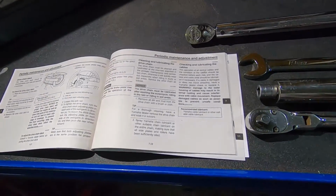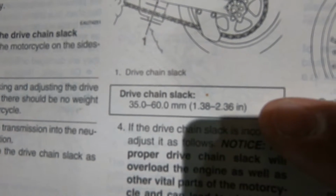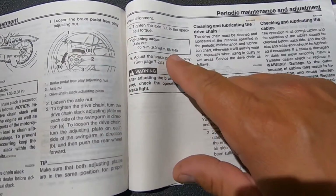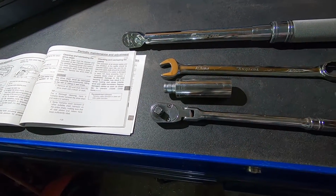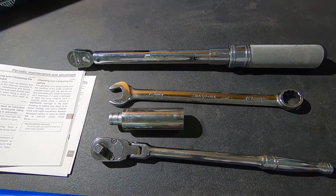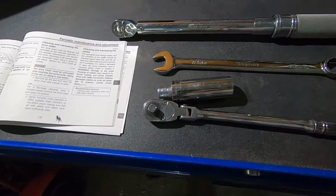Alrighty, let's show you the tools that we're going to use for this chain adjustment procedure. As you can see in the owner's manual, it shows you right here, this is your spec: 35 to 65 or 35 to 60 millimeters, 1.38 to 2.36 inches. And over here, this shows you your torque spec. We're going to be using a ratchet, a 22 millimeter socket, and a 19 millimeter box end or open end, so that we can hold the axle on one side while we loosen the axle nut on the other side. And then our trusty torque wrench to get our 66 foot-pounds of torque when we're all said and done. Now, if you do not have a 22 millimeter or a 19 millimeter,